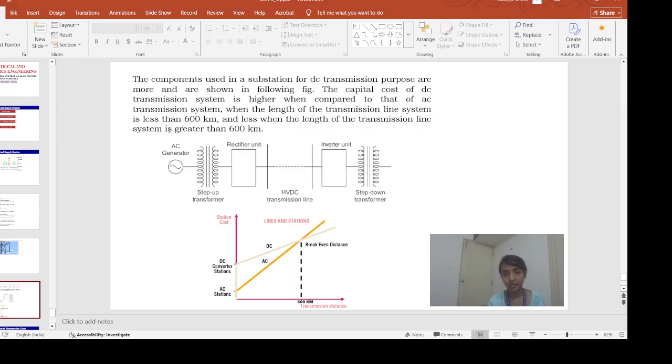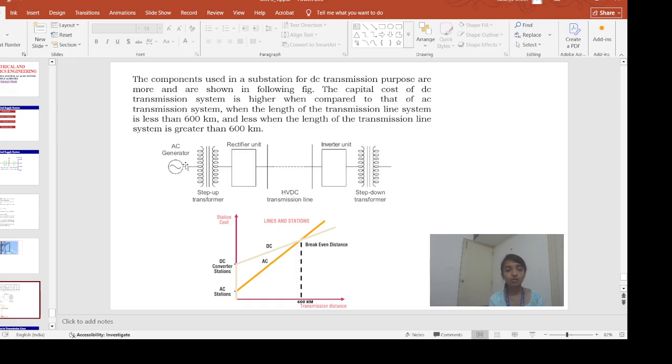Now let us understand why. When the length of the transmission line is less than 600 km, what will happen? If you notice from this graph, the y-axis tells about the station cost, and at the x-axis we have the transmission distance. Now, if you look at this DC transmission system,